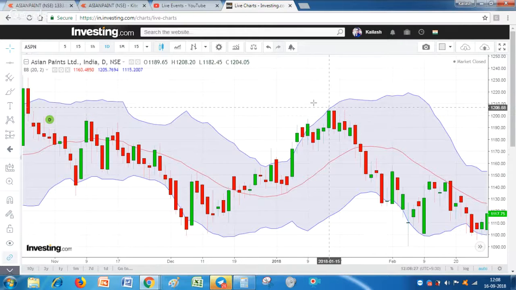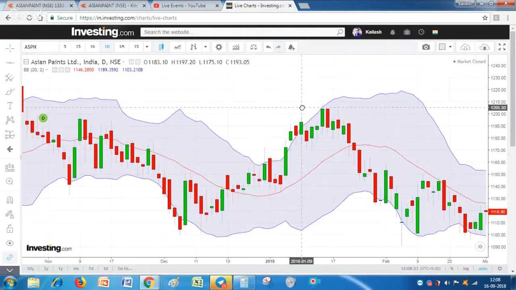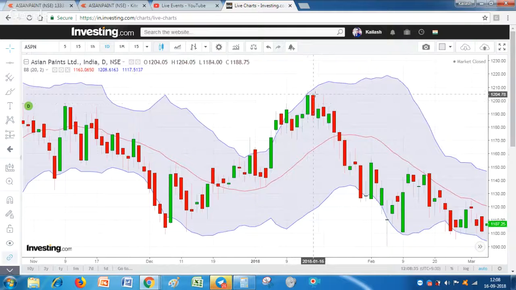Now see, friends, what happened after 2-3 days, after we can say 3-4 days. Look at this level now. The stock has touched this level and made a high of 1207. It had made a high up at, we can say, the upper Bollinger Band, and see, the next candle is a very good reversal candle. It has given a reversal sign. This candle is a reversal, so we would have shorted the stock, keeping a stop loss at this level high.